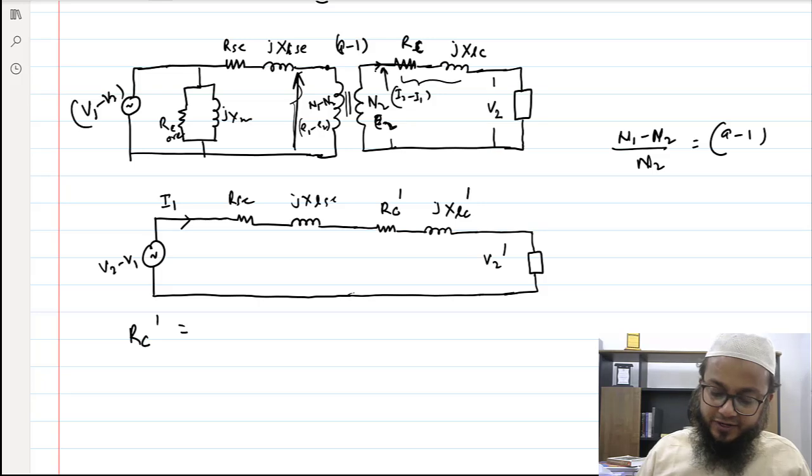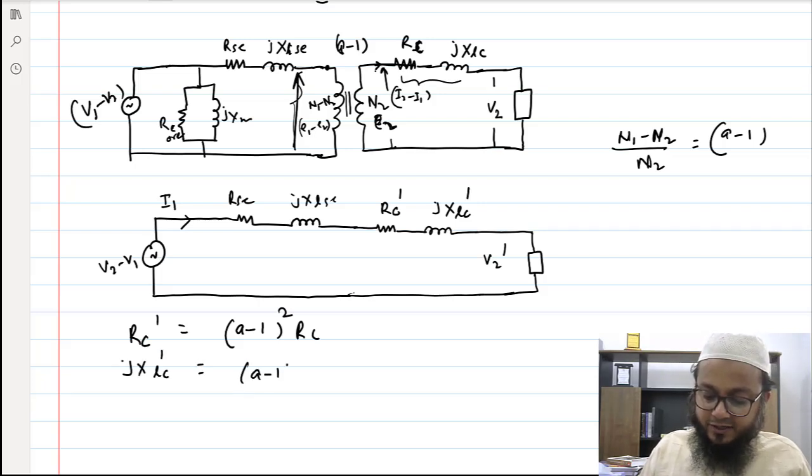So Rc dash we can write as A minus 1 whole square into Rc, and jXLc dash would be